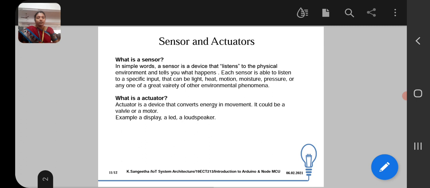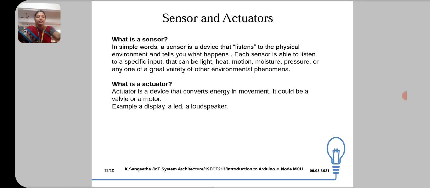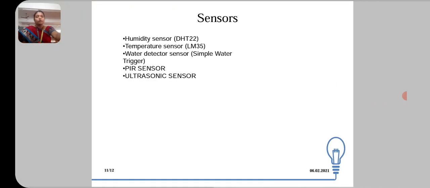And next about the actuator. Actuator is a device that converts electrical energy into movement. It could be a valve or a motor, for example a display, an LED, a loudspeaker. So next we will discuss about the different types of sensors